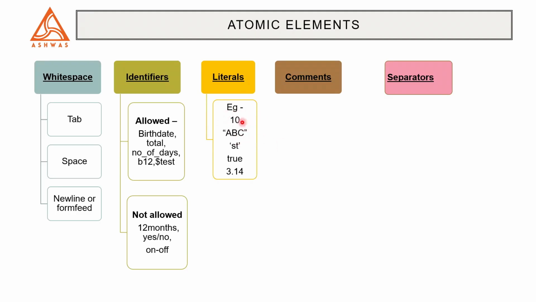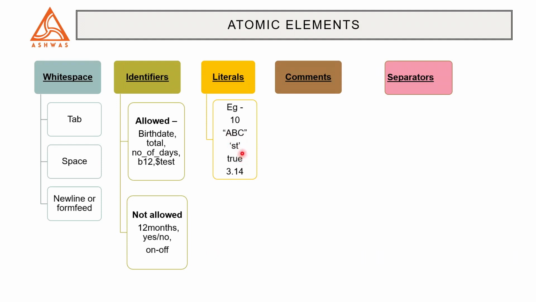This is a numeric value, a complete numeric value, which will be stored as a number. This, being in double quotes, is a string. Now, this is how Java identifies a string from a character. 'ST' is a character and it is put in single quotes, whereas "ABC" is a string and so it is put in double quotation marks. Anything that comes in double quotation marks within Java is a string, and anything that is in single quotation marks